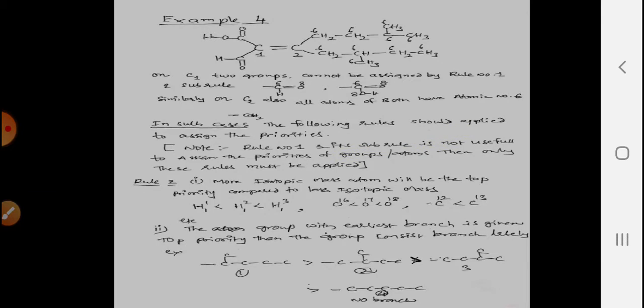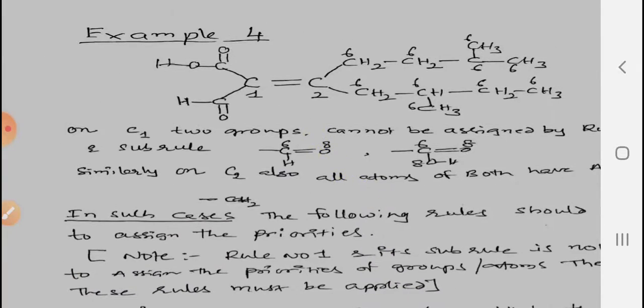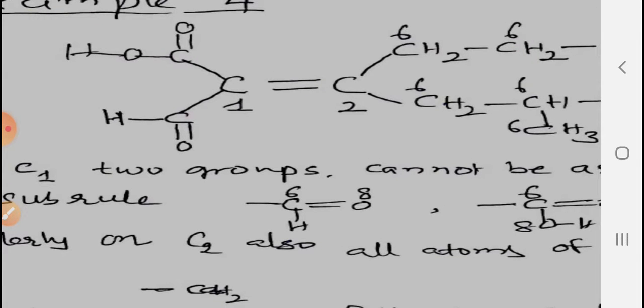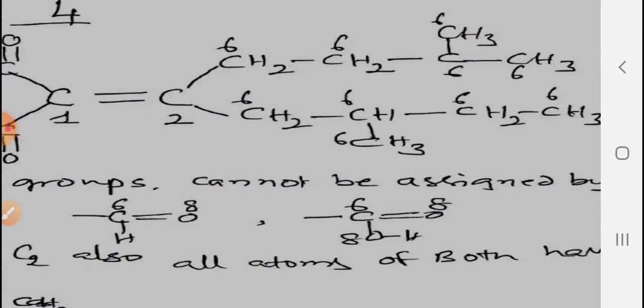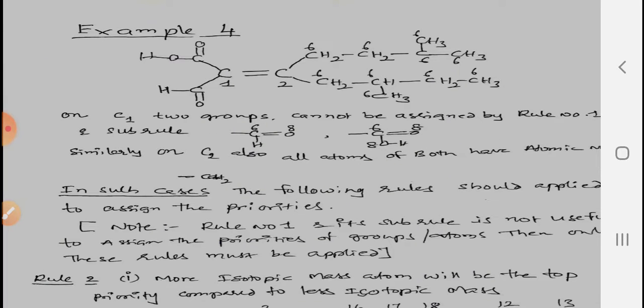Coming to one more example. You can see that it is explained here in this way. Here I discuss that the atomic numbers are the same on comparing both groups. Both rule 1 and the subrules do not assign the priority. Then what do you have to do? Other examples, one more example. Here 192, here 192. See here. Here rule number 1, rule number 2, and the subrule are not valid in such a case. See here, very important.